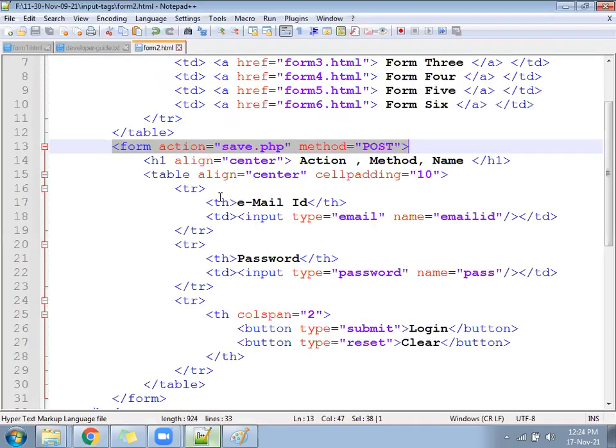Some places we will be using the form, some places almost not. While submitting the form, it is not necessary to use a form every time if you are following asynchronous. In an asynchronous application, it is not necessary to use a form tag. But in a synchronous application, it is 100% compulsory to use a form tag. Without the form tag, you cannot communicate with the backend. But in asynchronous, where you are going to use JavaScript, jQuery, Angular, React, the form tag is not required, or required, based on you. You can use it and you can also not use it. Both options are there.